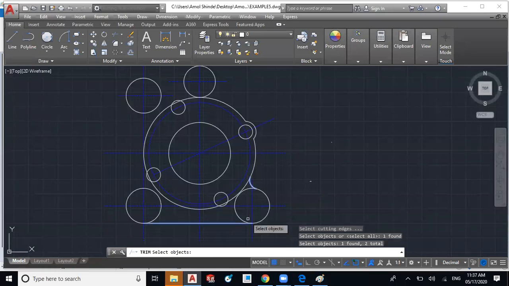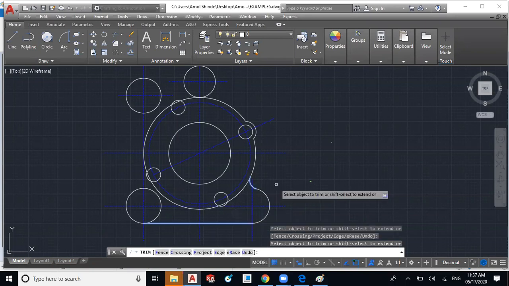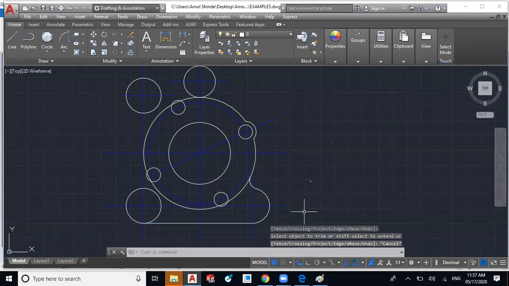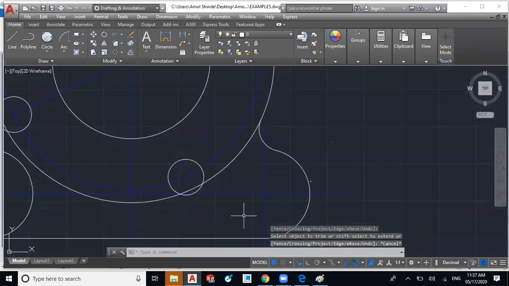I will select the cutting edge. You have to define the cutting edge properly so you can trim the exact portion. So here to trim, this arc is the cutting edge, and this horizontal line will be the cutting edge. So we have created it there.